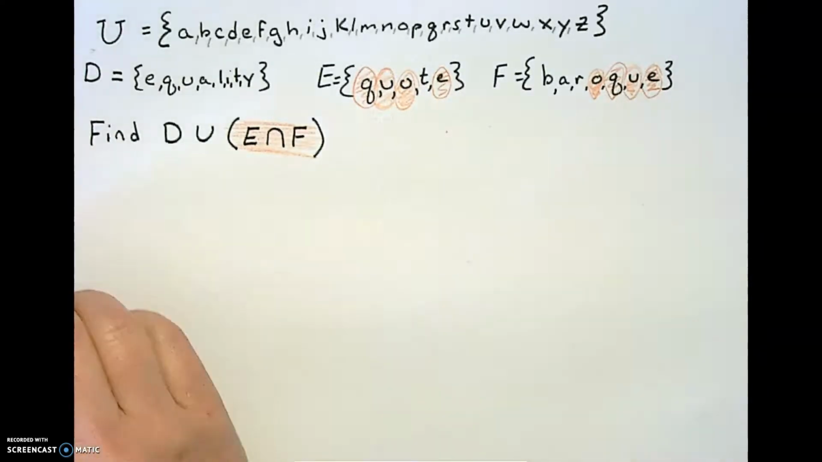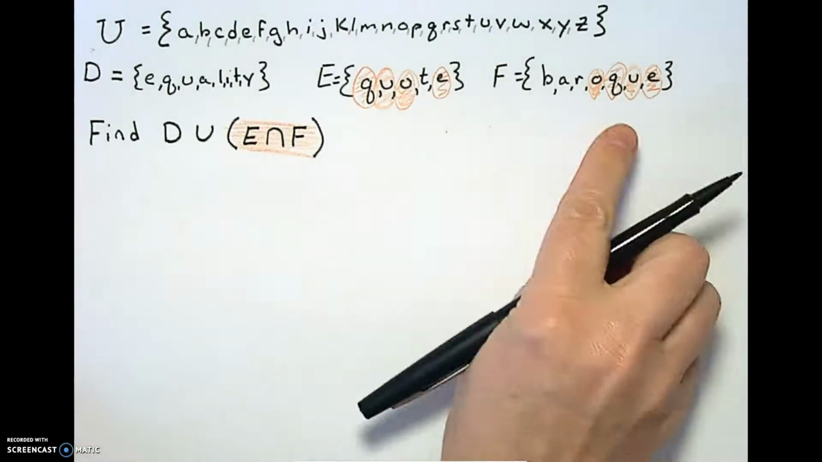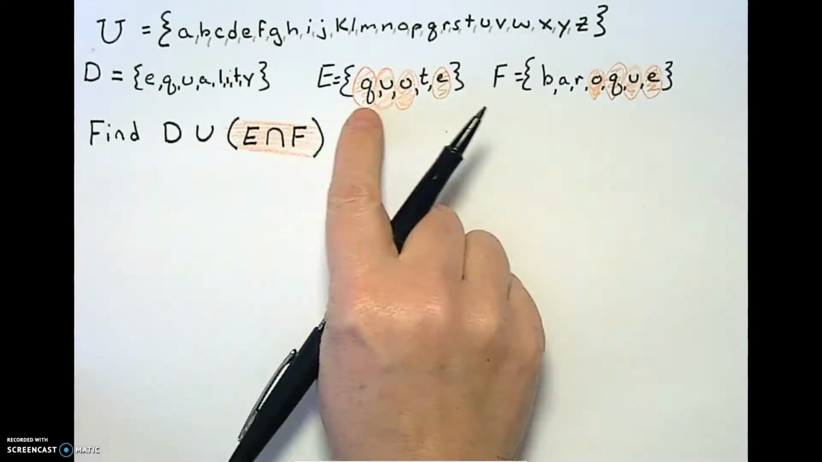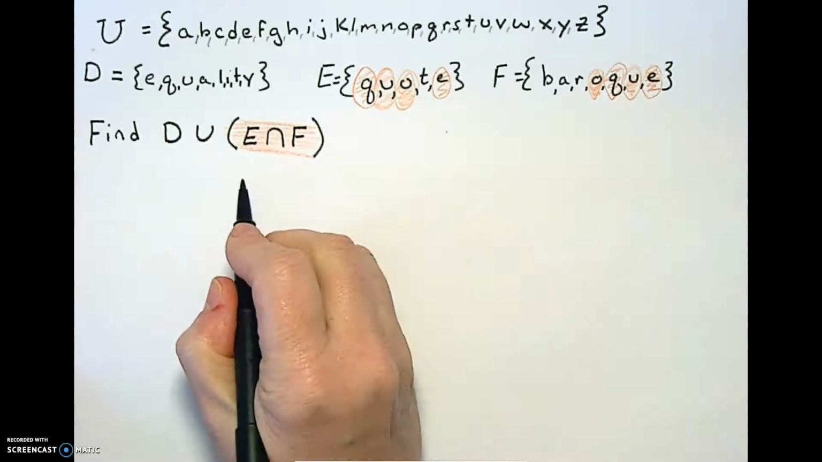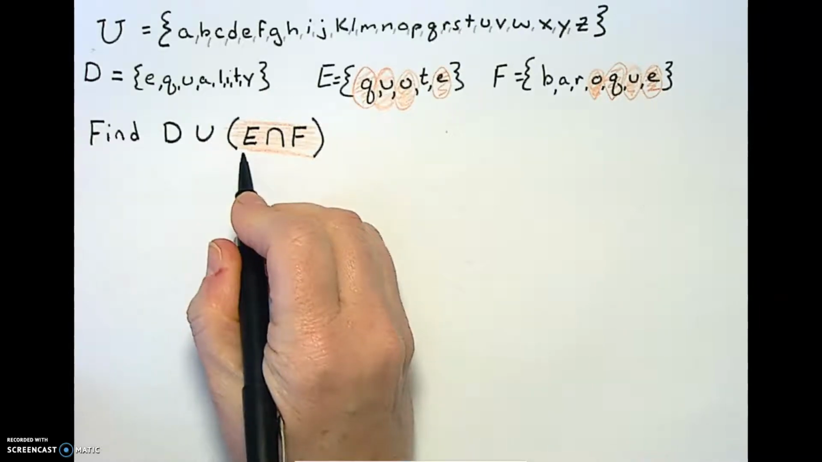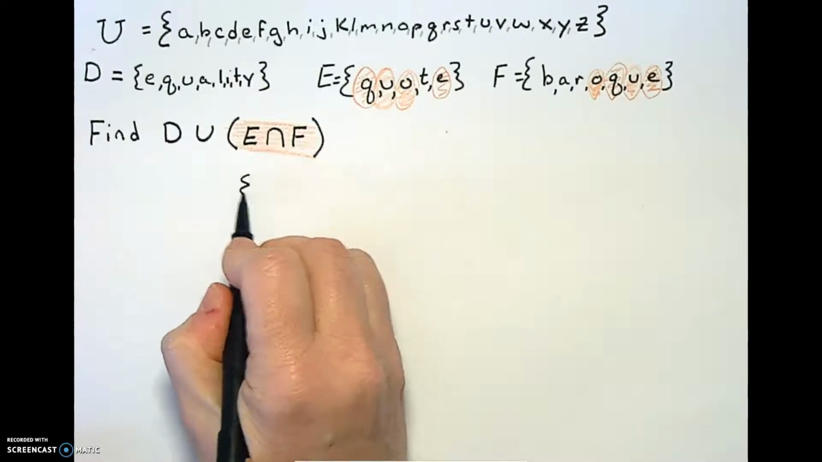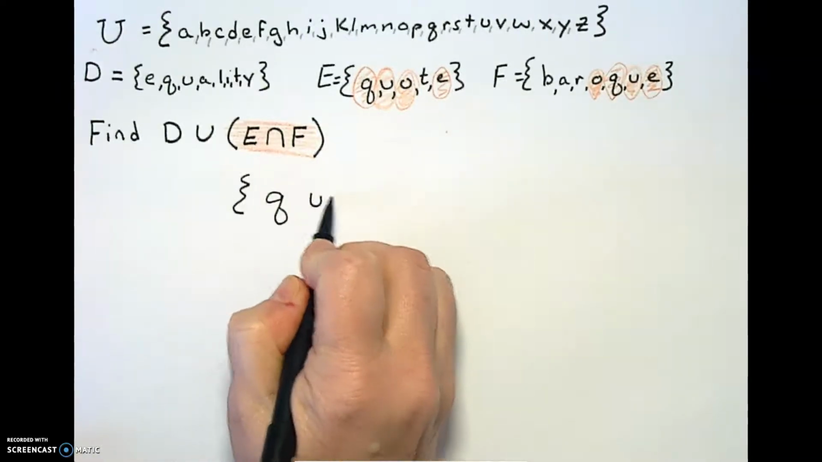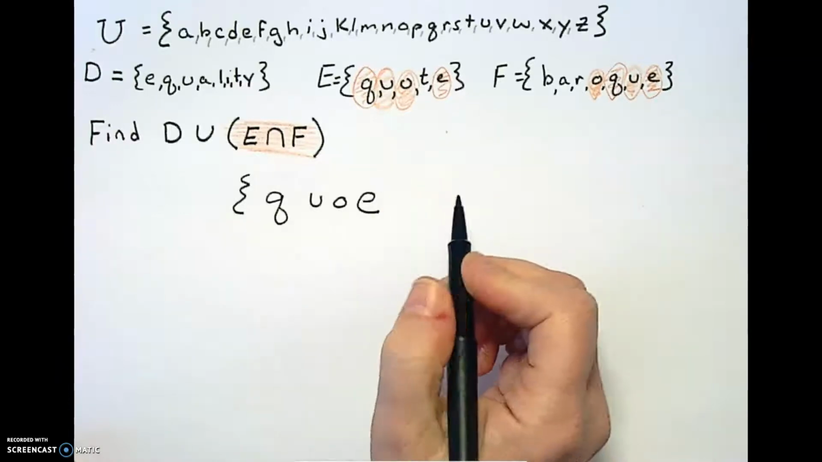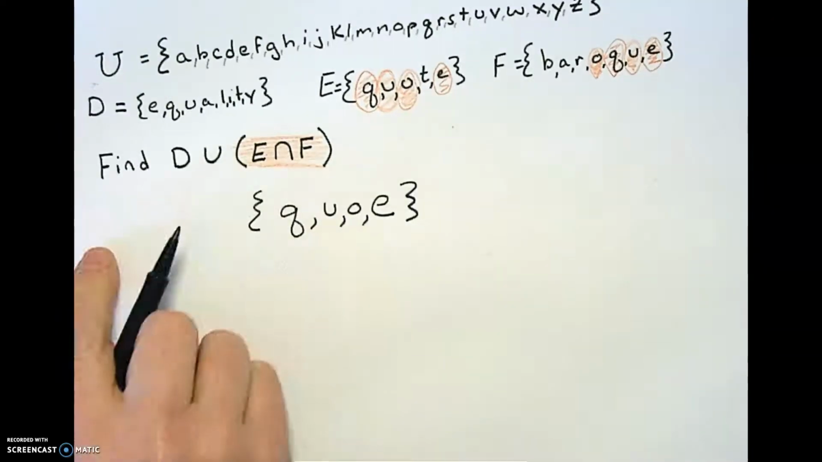So for the intersect, now we need to do D union the stuff that's in the intersect. I'm going to write down what's in D, and I'm going to write down what's in the intersect of E intersect F. So I'm going to write the Q, U, O, not T, and E. Okay, so that's a weird looking thing. And then I'm going to write down what's in D,